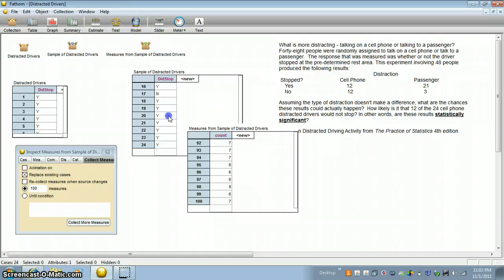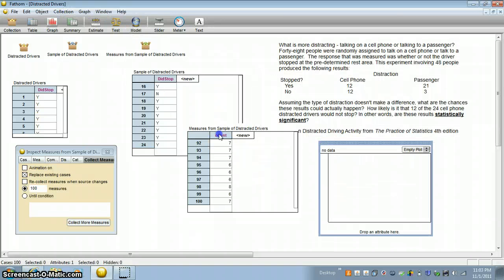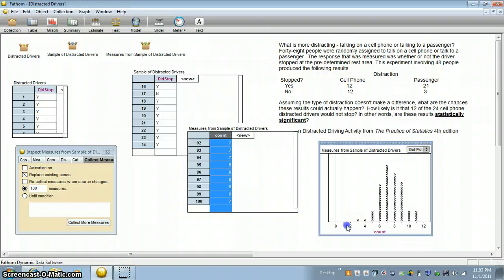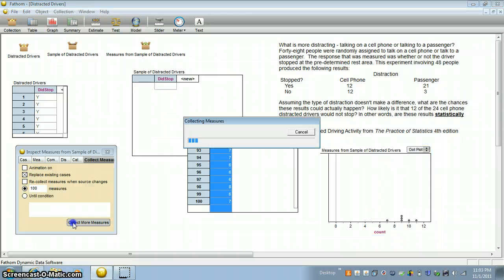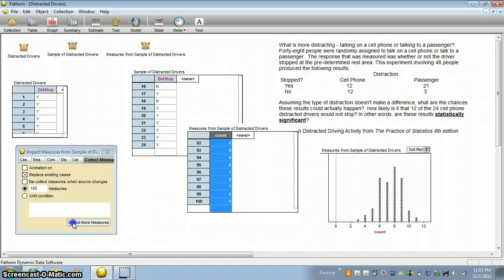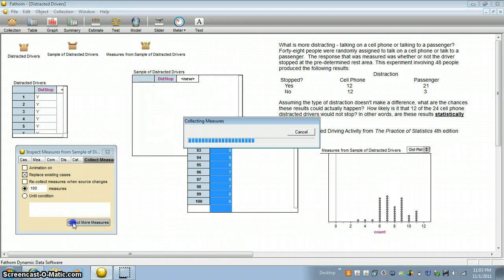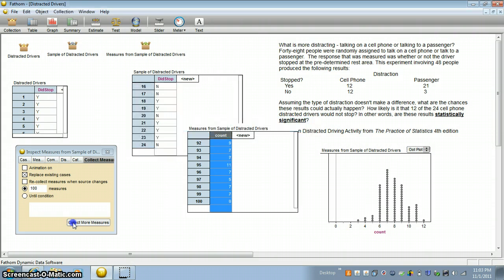Well, let's take a look at a graph. Out of these 100 observations, 12 never occurred. So the likelihood of this happening due to chance is basically nothing. Let's try this again. Here we're building our 100 simulations, and once again 12 never occurred. Let's try it again. Oh, we got 12.